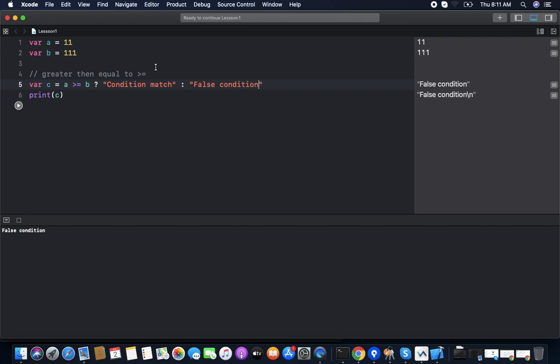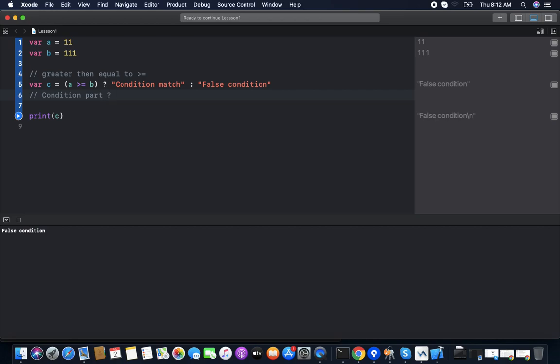So how to use the ternary operator? In the ternary operator we have three parts. First, the condition. This is the condition part. Let me make this a comment. First we have the condition part. Now we use a question mark.